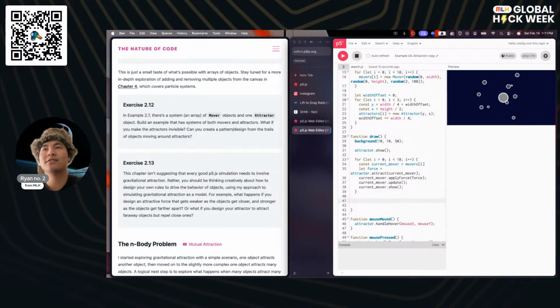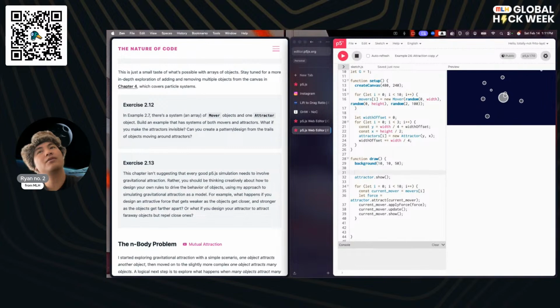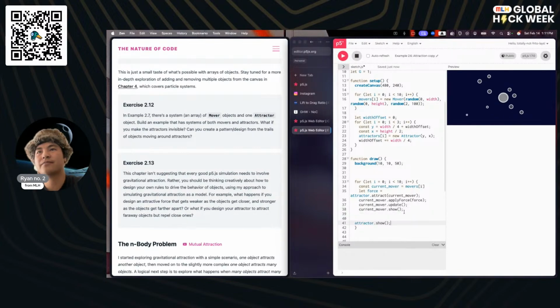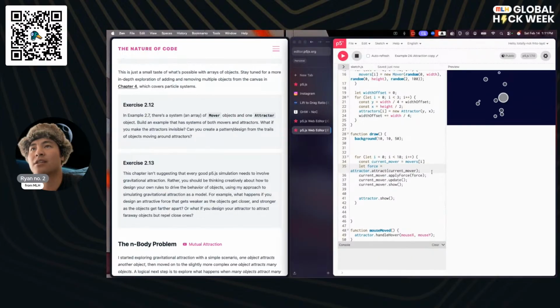We can do this. So let's start by, hmm, I'm going to leave this inside of this function for now. And then for the force, we are going to need to have all of the attractors working at the same time.